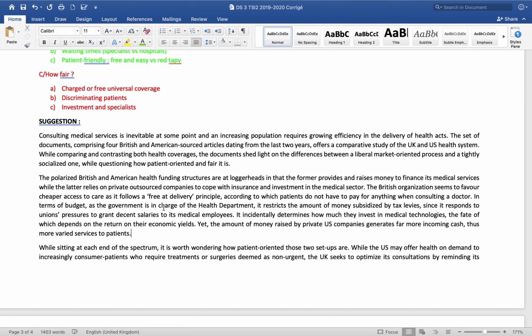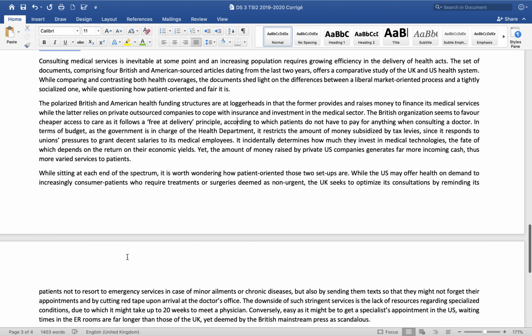In the UK, they try to very strongly regulate how much money they dedicate to what. But in the US, because a lot of money can pay as much as they want for anything they want, there's a lot of money that is given to US companies. And they get a lot of money and they can offer varied services to patients. If someone wants to have a special surgery to get blue eyes instead of green eyes, they can do so. Okay, so the fact that people can choose in the private sector what they pay for offers a more varied service than in the UK, where you are given what you need and that's it.